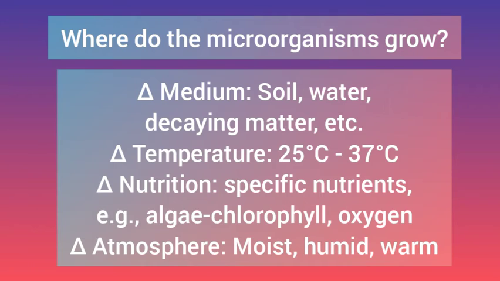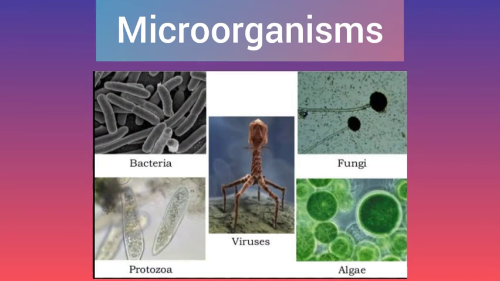As I told you, in adverse conditions, these microorganisms form a thick covering around themselves and stop their life processes. But when the favorable condition returns, they come out of the protective covering and thereafter they continue all their life processes. In this way, they continue living their life. Means they adjust with their environment in adverse condition as well as thereafter in favorable conditions. According to shape and life processes, microorganisms are classified as algae, fungi, protozoa, bacteria and viruses.